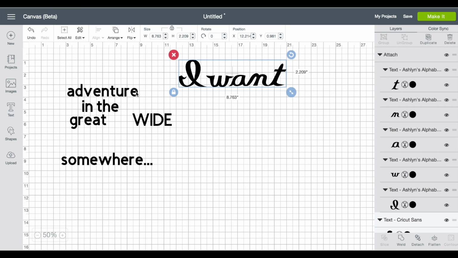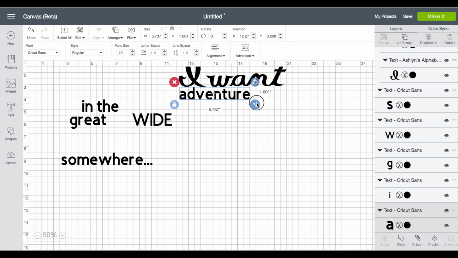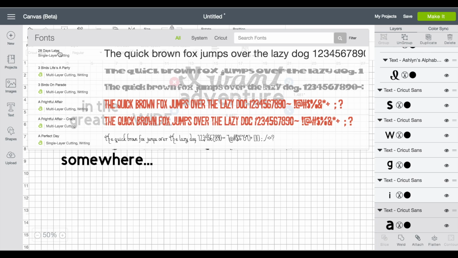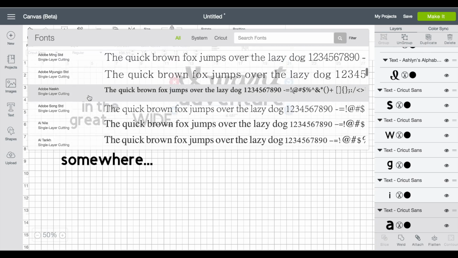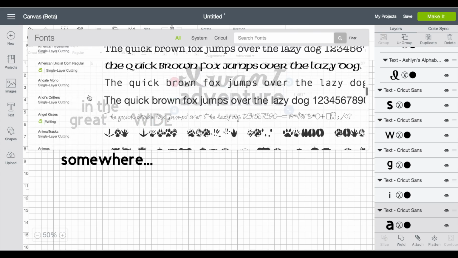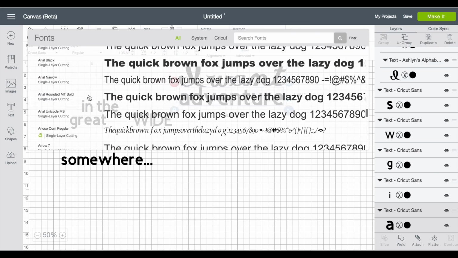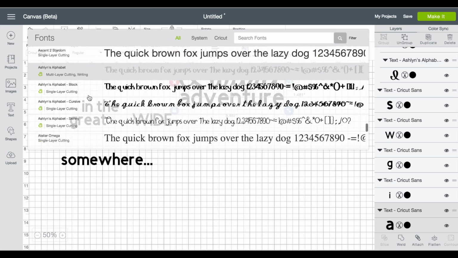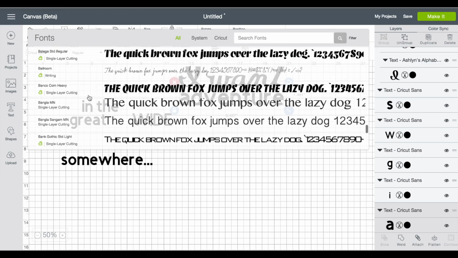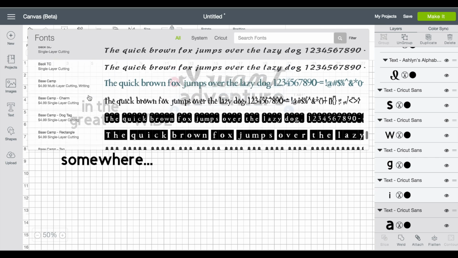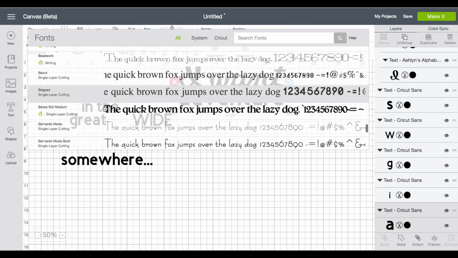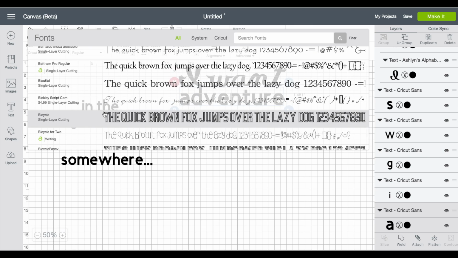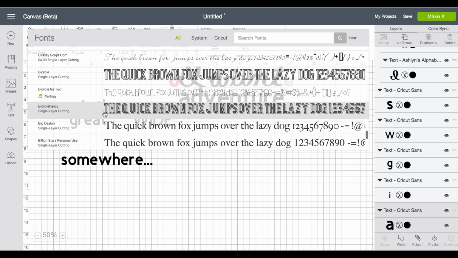So I Want Adventure. I kind of like this font, but I kind of want it to be more princessy, because Belle is very princessy. She's not too crazy like some of the other princesses that get out and get dirty. I don't know if that makes any sense. If that does, let me know. Okay, so let's go with something, I don't know. This is kind of cute, but that looks a little thin. I don't really like dealing with too thin of fonts sometimes.